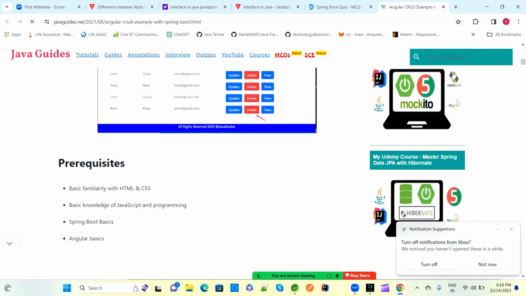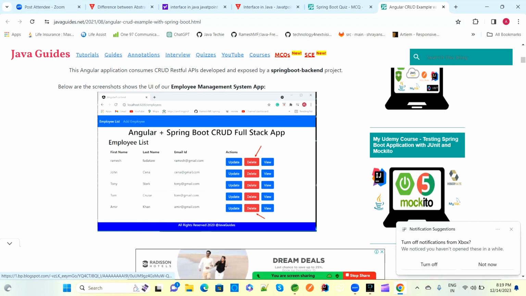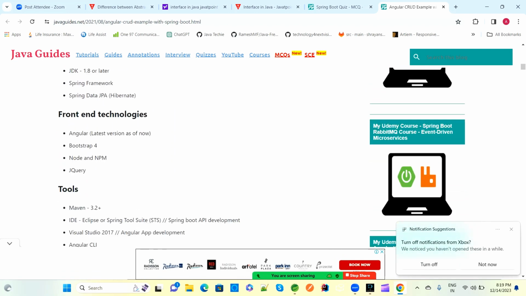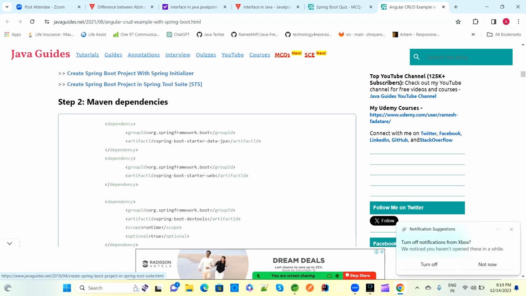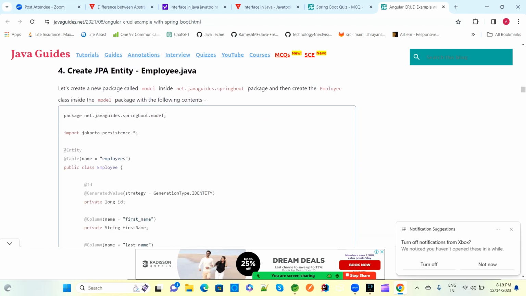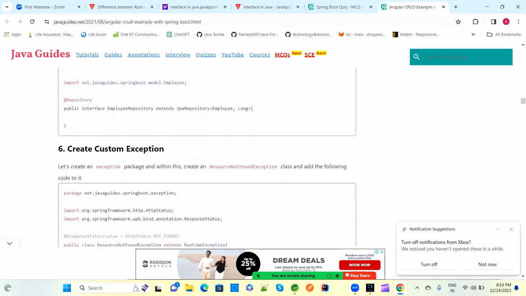We are creating this application, just one page. It is an Employee management system app, where an employee has insert, delete, and update operations. For the UI we are using Angular, for the backend we are using Java with Spring Boot, and for the database we are using an SQL database. These are the prerequisites and technology tools we are using, and then we created our application and the SQL database information. Now see here, while we are writing the business logic, meaning service classes,